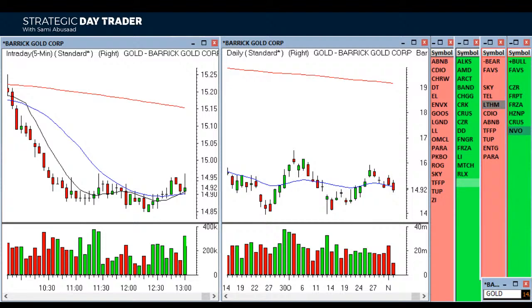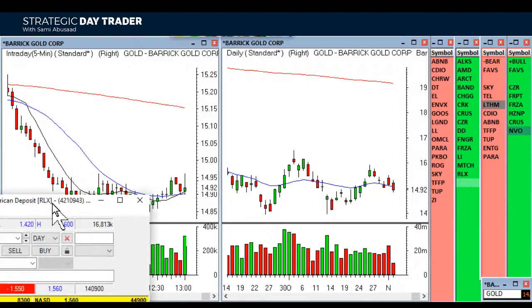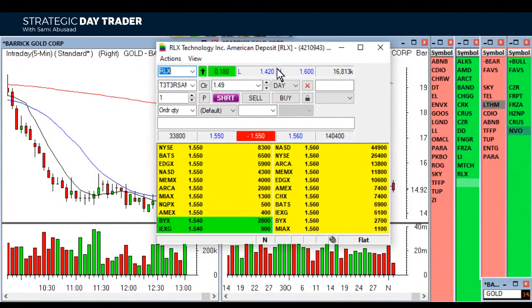What about the whole thing about hidden shares on level 2? The imbalances you look for are so great. That's a non-issue. Yeah, so during slow periods, they can easily hide some of the shares. And you might think, well, this is RLX, I got 33,000 here, 140, let me short it. And you short 30K, let's just say, and it doesn't even budge. You're like, what's going on?